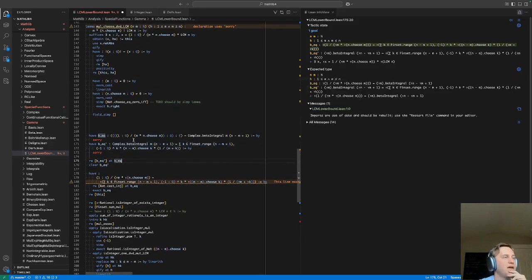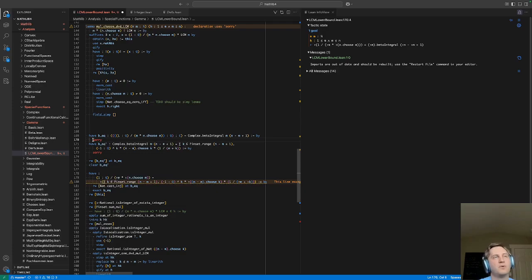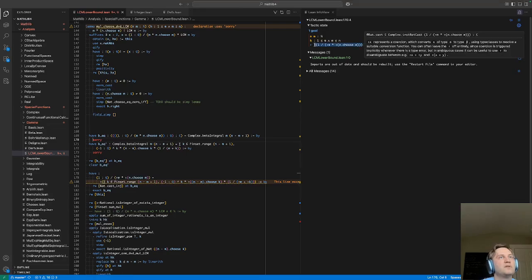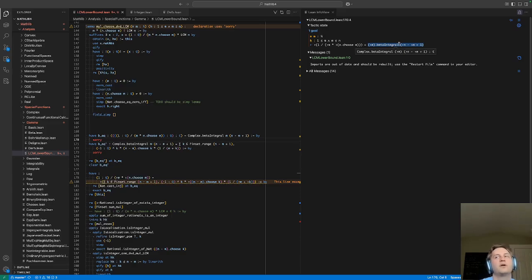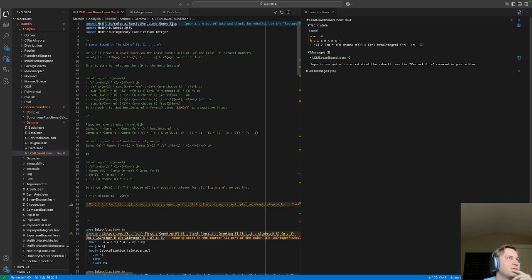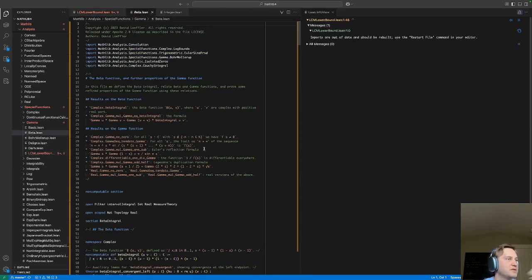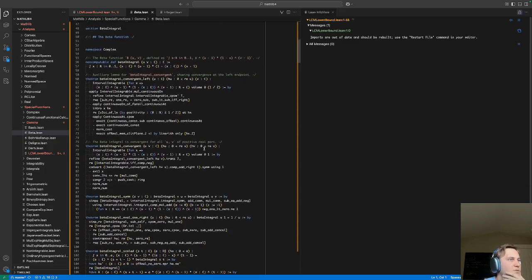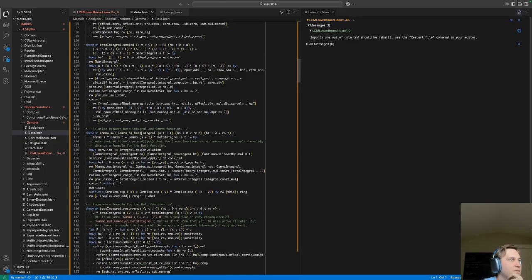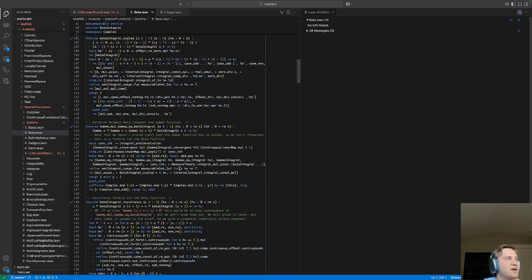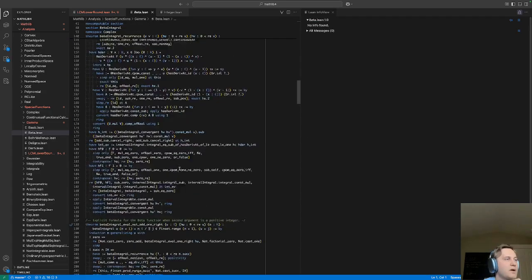And so now I'm back here, and this is fine. I can restore it to what it was before by just doing push cast, presumably. So this is a C, and this is the beta integral. Okay, so this is a fact that already existed in Mathlib, so I should be able to use this. So let me go into the file that talks about the beta integral. It's just one of these ones. So, gamma mul gamma equals beta integral. Okay, so